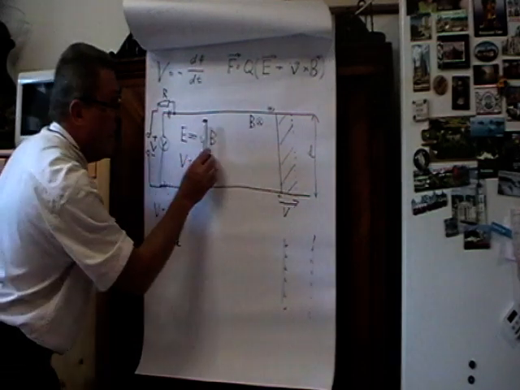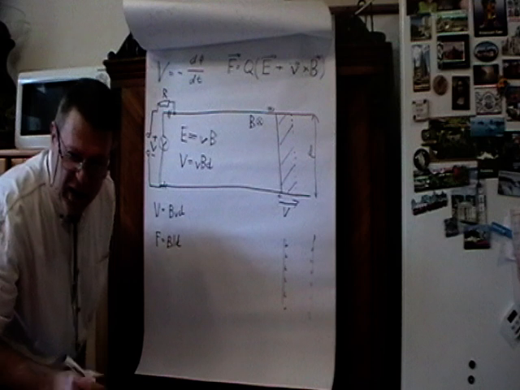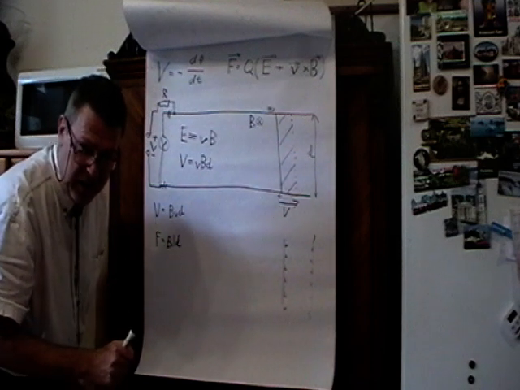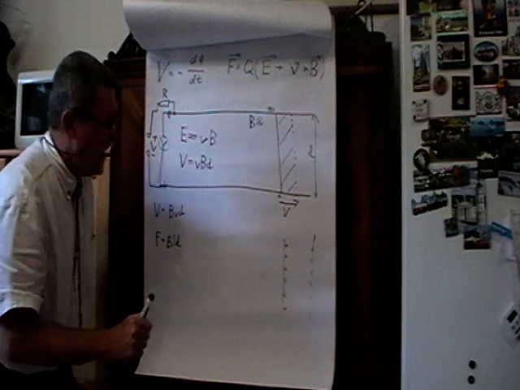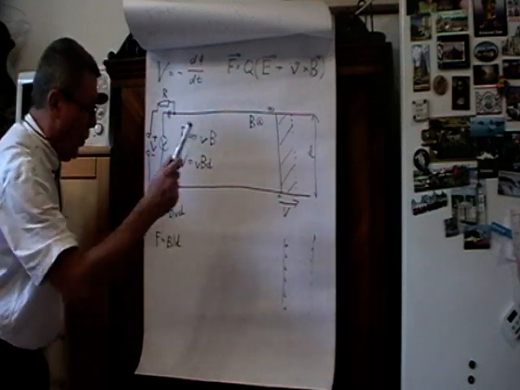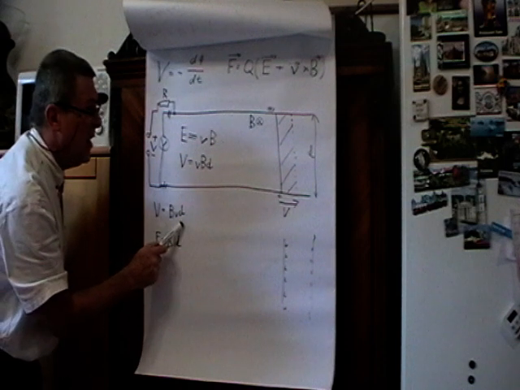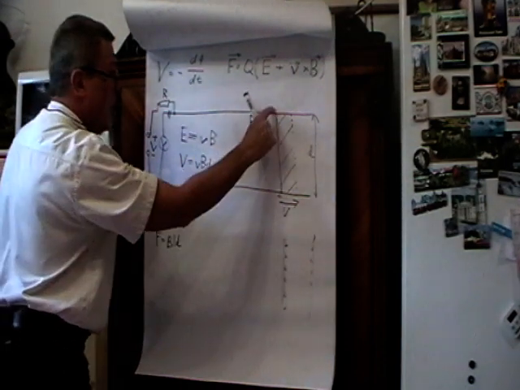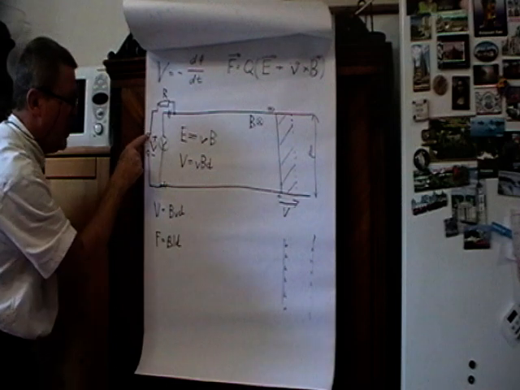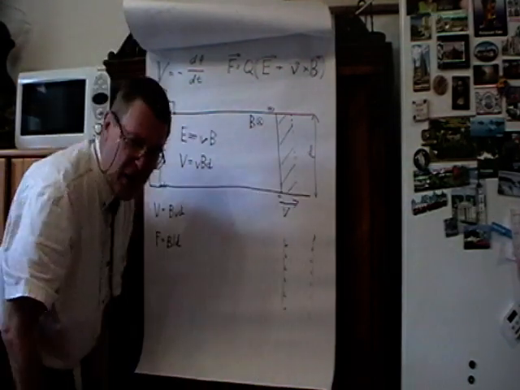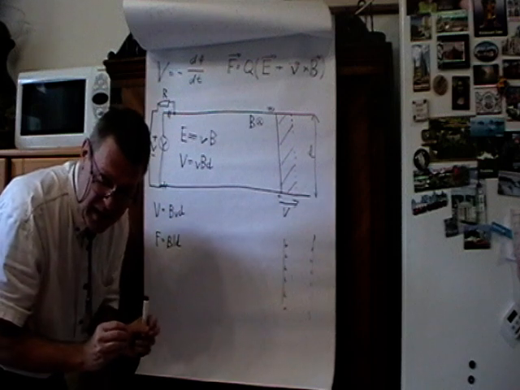Once the stick starts to move, we have a conductor moving within a magnetic field. And as we remember, we have an induced voltage in the stick. Now the voltage is plus here, the source has also plus here, so in fact those two voltages do subtract, and